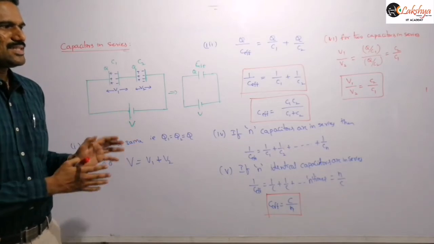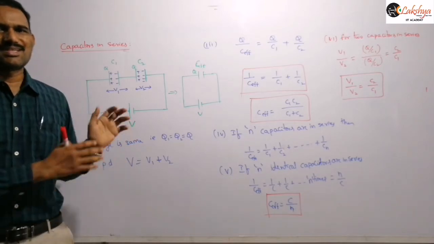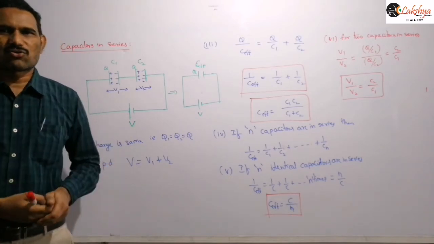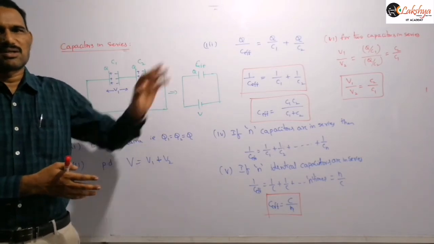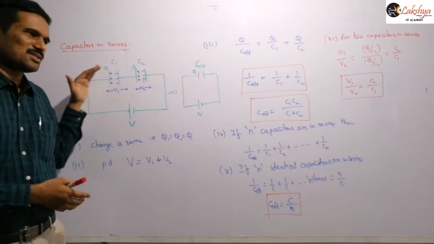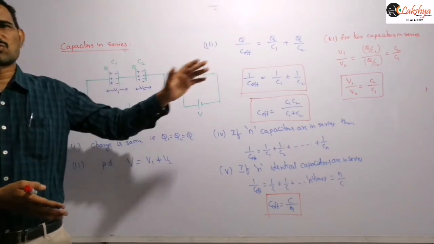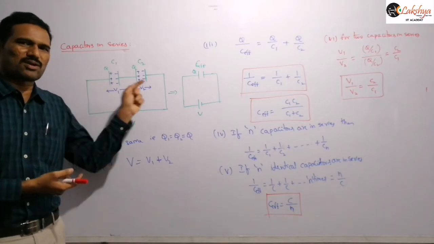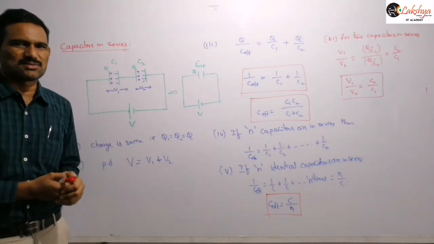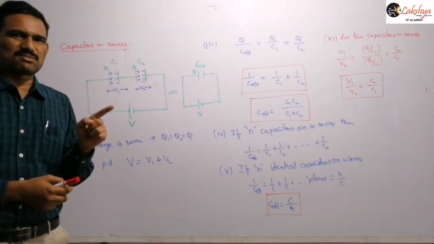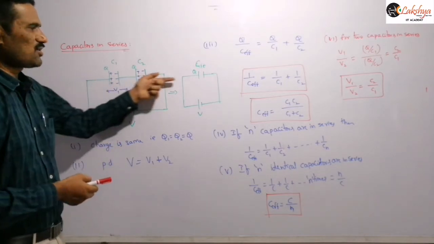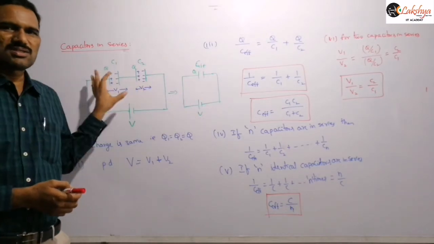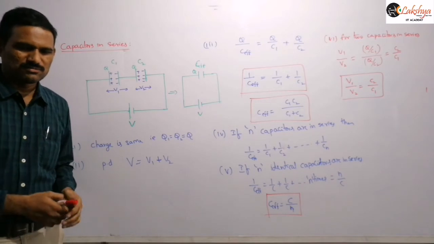So that is about our series combination of the capacitors, right? This series combination of capacitors is similar to our resistors in parallel combination, that means the formula appears to be similar. Series means we connect like this only. Resistors are connected like this, or capacitors are also connected like that only. In case of resistors we say the same amount of current should flow through them, then they are said to be in series, that means only a single path must exist. Here also the same amount of charge should flow through them, so a single path must be there. Then we say those capacitors are in series, right?